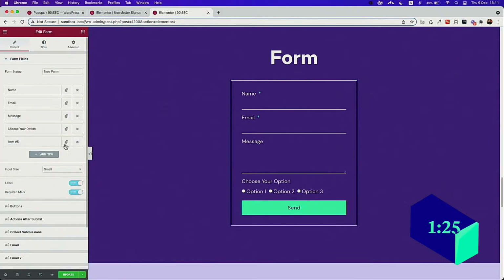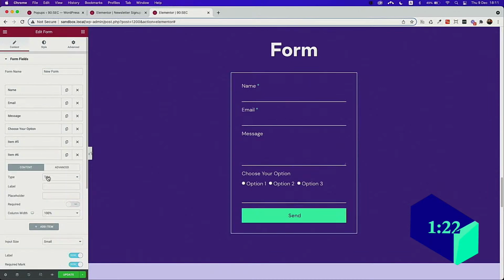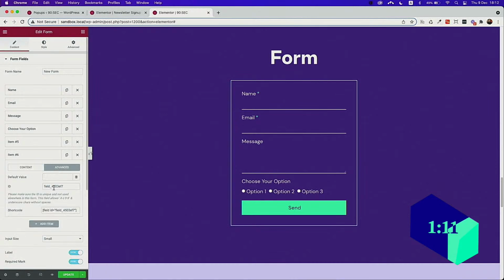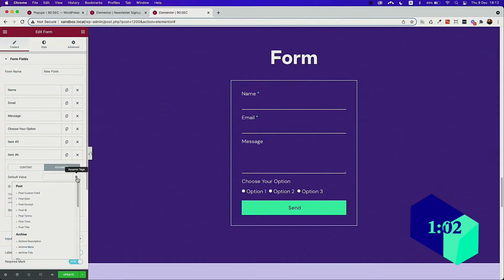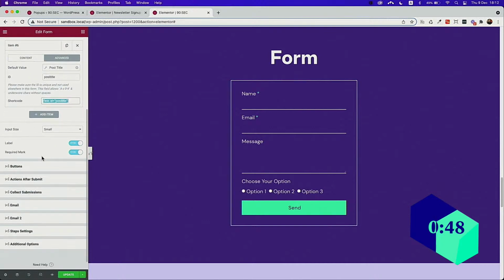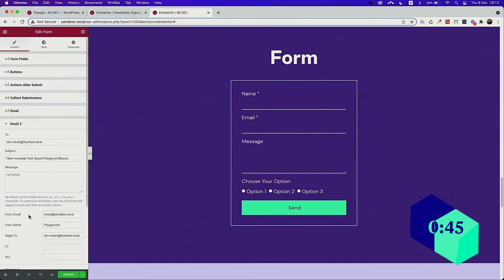I'll go to the form fields, and I'll add a new field, with the field type hidden. This is a field that the visitor won't see. So under the Advanced tab, I will change the ID, let's say post title, and under the default value, I'll click the dynamic tag and I'll select the post title. So when you created the ID, it automatically generated the shortcode at the bottom over there. So all I have to do right now is take this shortcode,